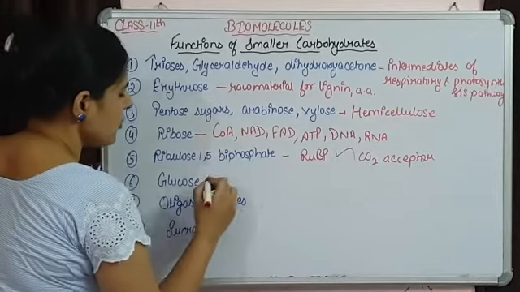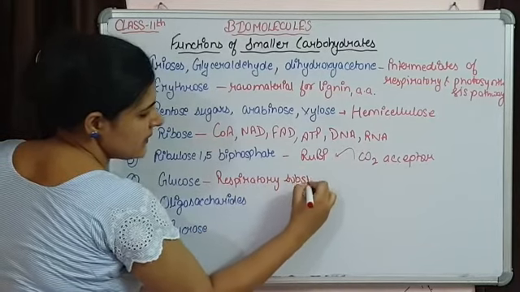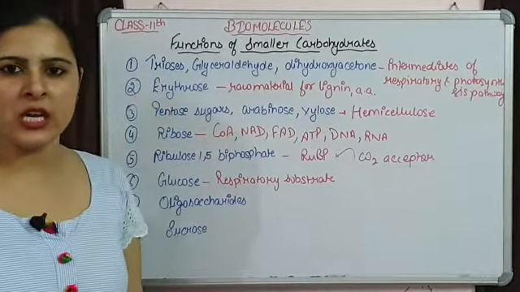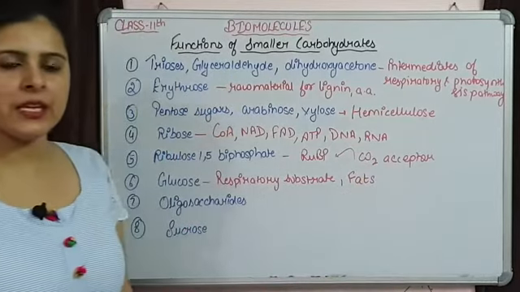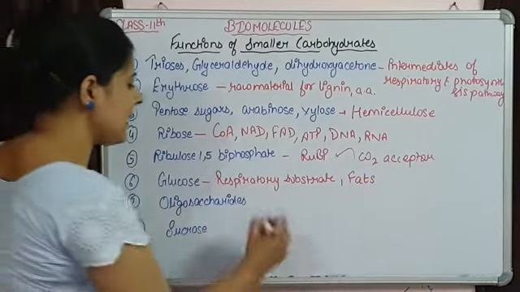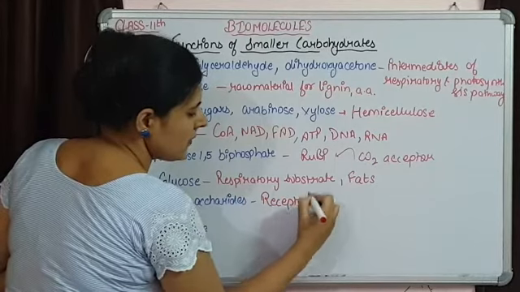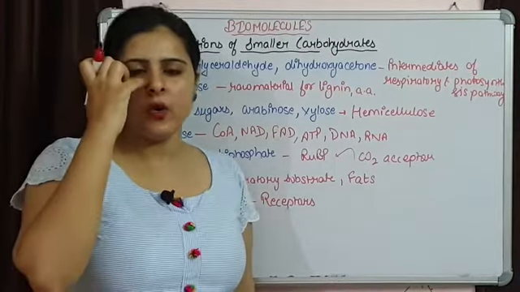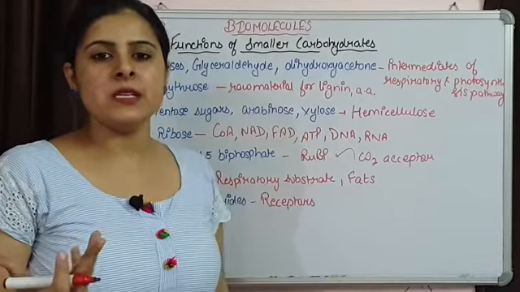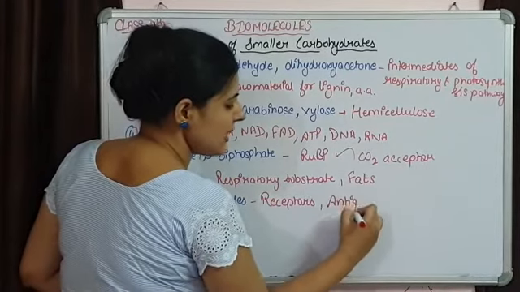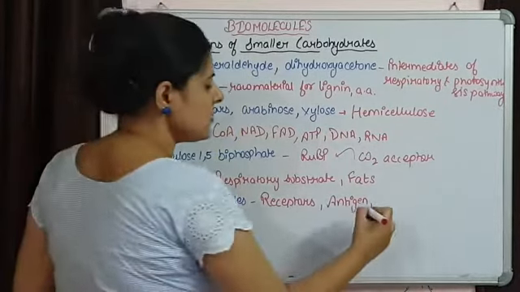Next comes glucose. Glucose हमें पता है this is going to be the respiratory substrate. रेस्पिरेशन में ग्लूकोज से एनर्जी एक्सट्रैक्ट आउट की जाती है and this glucose is also responsible for the synthesis of fats. फैट सिंथेसिस के लिए भी रिस्पॉन्सिबल है ग्लूकोज. अगर हम ओलिगोसैकेराइड्स की बात करते हैं तो ओलिगोसैकेराइड्स are acting as receptors. When we talked about plasma membrane, तब हमने देखा था कि ओलिगोसैकेराइड्स प्लाज्मा मेम्ब्रेन के सरफेस पे प्रेजेंट हैं जो as a receptor काम करते हैं. अगर हम आरबीसीज की बात करते हैं तो आरबीसीज के सरफेस पे they are functioning as an antigen. सेल अटैचमेंट में हेल्प करते हैं, सेल रिकॉग्निशन में हेल्प करते हैं. So lots of functions are there.